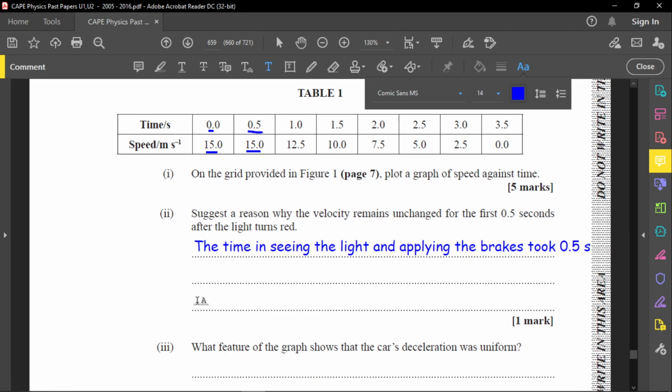Okay, so let's just make a note right here. So the reaction time of the driver is within that 0.5 seconds. All right, so just to make a note of that. All right, so part 3